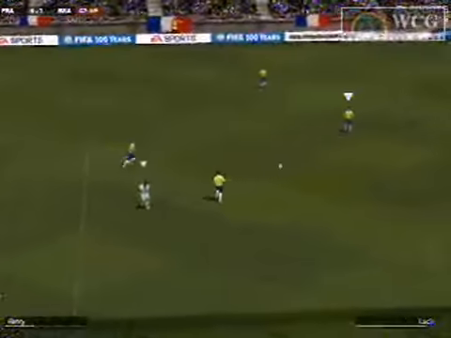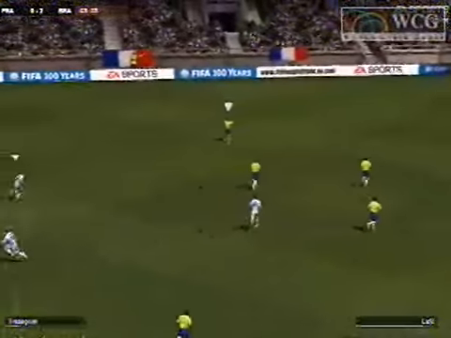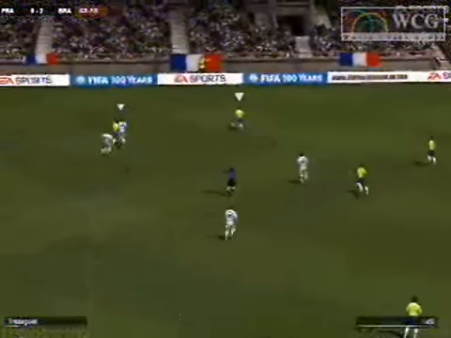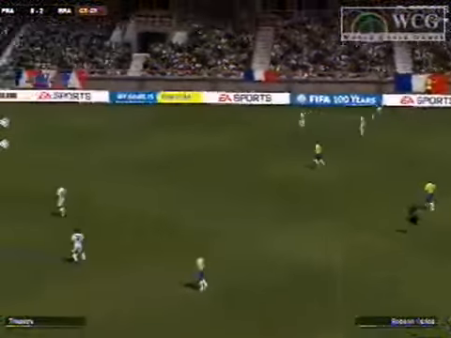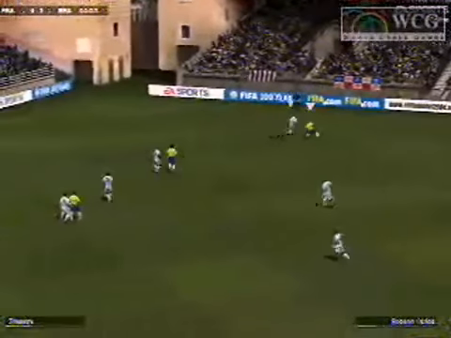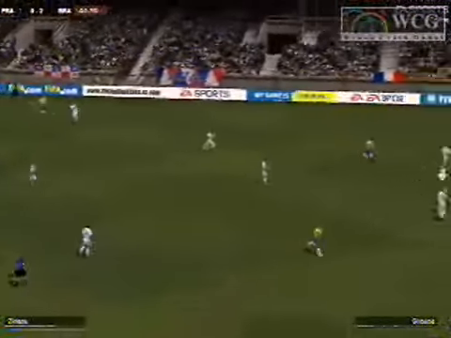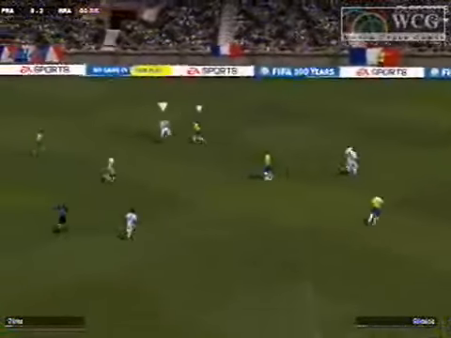Roberto Carlos couldn't get the trap volley going, and he misses that opportunity. It's all right, though. Brazil's up by 2, but I have seen this German player play, and he is very good with this French squad, and he can make up a 2-goal deficit in under a minute.